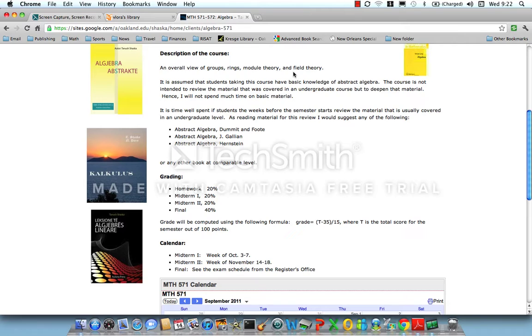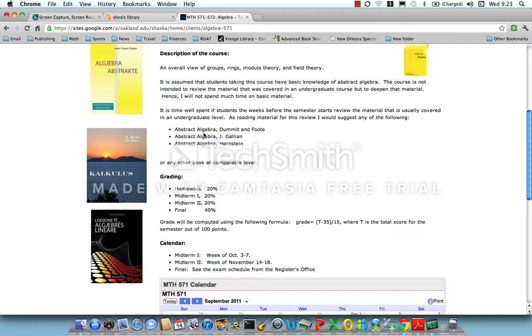I do expect that everybody who is in this class has some kind of exposure to algebra. I will not prove or go over what is considered undergraduate abstract algebra. So if you don't have a strong background, or if you don't know some of these things, or if you have taken this class a long time ago and maybe you have forgotten, I would suggest maybe these three books,